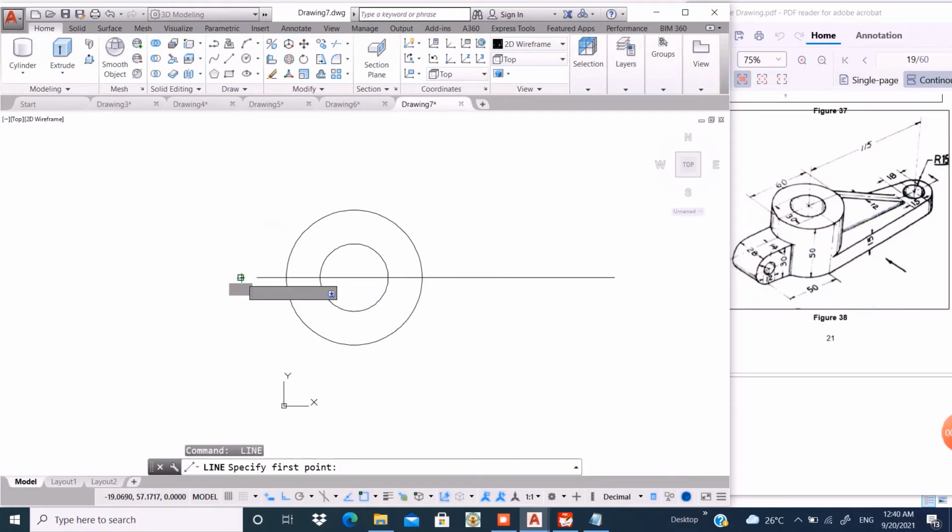Again line command and extend it the distance of 15 unit. As the circular portion radius is 30, the diameter is 30 and radius will be 15 unit. So I extend it 15 unit beyond this line.